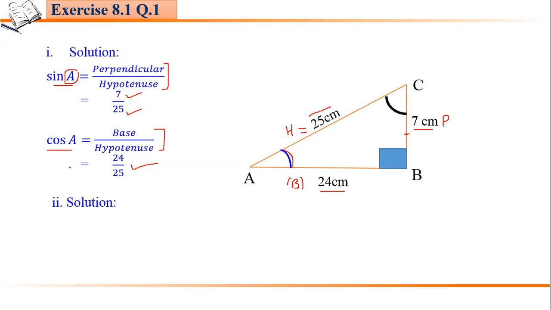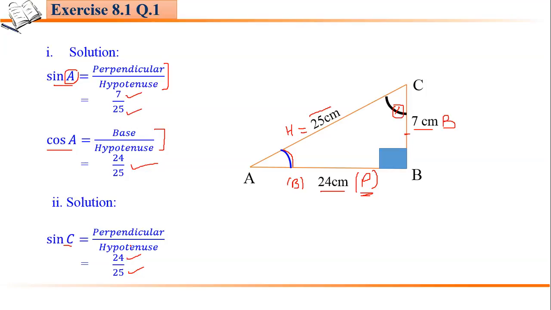For sin C, now if we are considering this angle, अगर ये वाला एंगल को हम कंसीडर कर रहे हैं सी वाले एंगल को, तो इसके ऑपोजिट वाली साइड सी के लिए अब ये क्या बन जाएगा, परपेंडिकुलर, और ये क्या बन जाएगा, बेस। ठीक है, एंगल ही डिसाइड करेगा कि कौन सी साइड परपेंडिकुलर है, कौन सी साइड बेस है। हाइपोटेन्यूज will always remain the fix. तो यहाँ पे अगर हम साइन सी देखें, फॉर्मूला वही रहेगा, परपेंडिकुलर अपॉन हाइपोटेन्यूज, बट यहाँ पे अब वैल्यूज क्या हो जाएंगी, चेंज। साइन ए के लिए परपेंडिकुलर was this 7 सेंटीमीटर, लेकिन सी वाले एंगल के लिए this is the परपेंडिकुलर, तो this will be equal to 24 upon 25, that is AB upon AC.